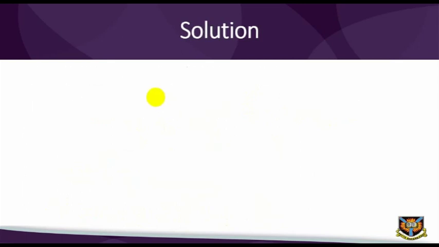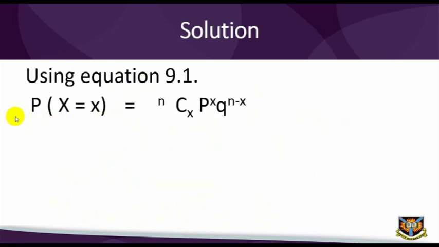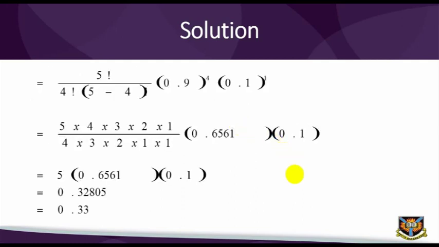Using equation 9.1, P(X = x) is equal to n combination x, p raised to power x, q raised to power n minus x. P(X = 4) is equal to 5 combination 4, (0.9) raised to power 4, (0.1) raised to power 5 minus 4, is equal to 5 factorial over 4 factorial, (5 minus 4) factorial,